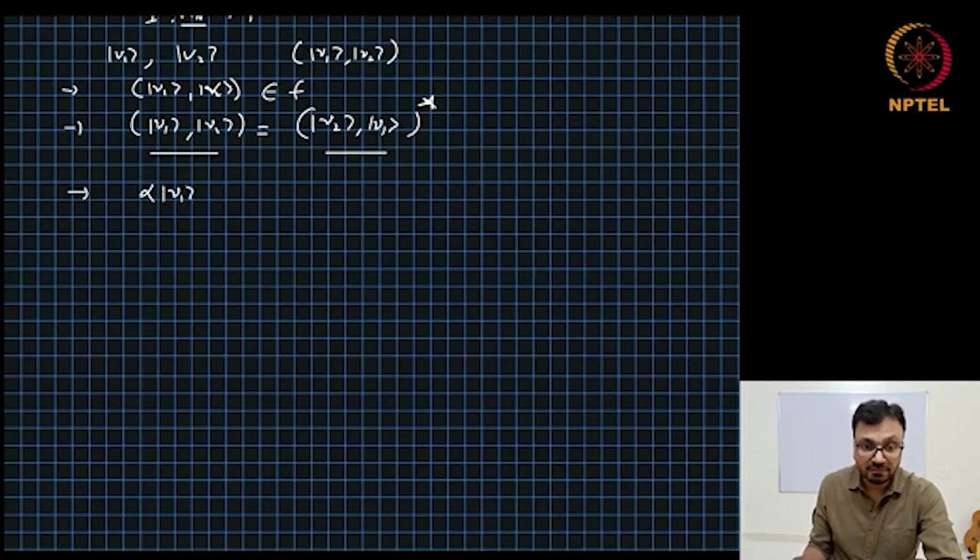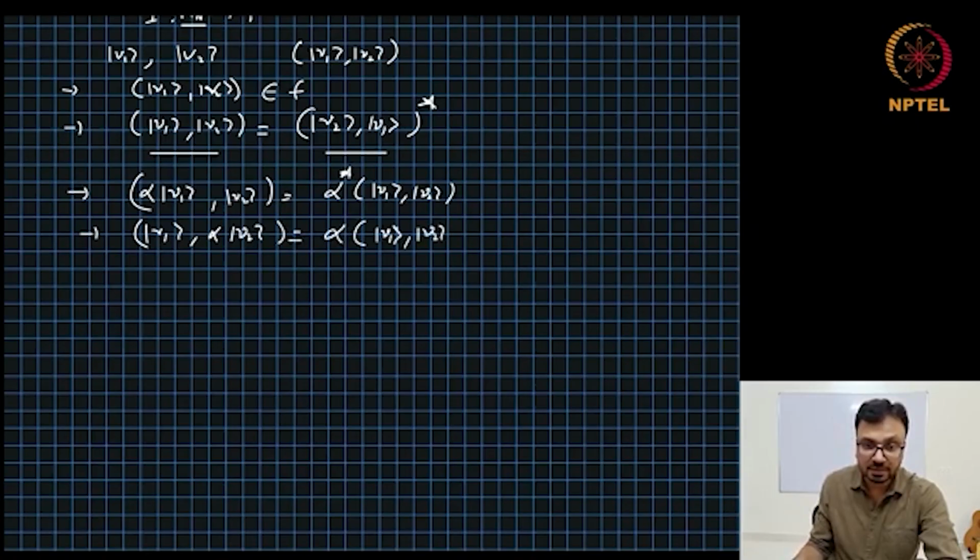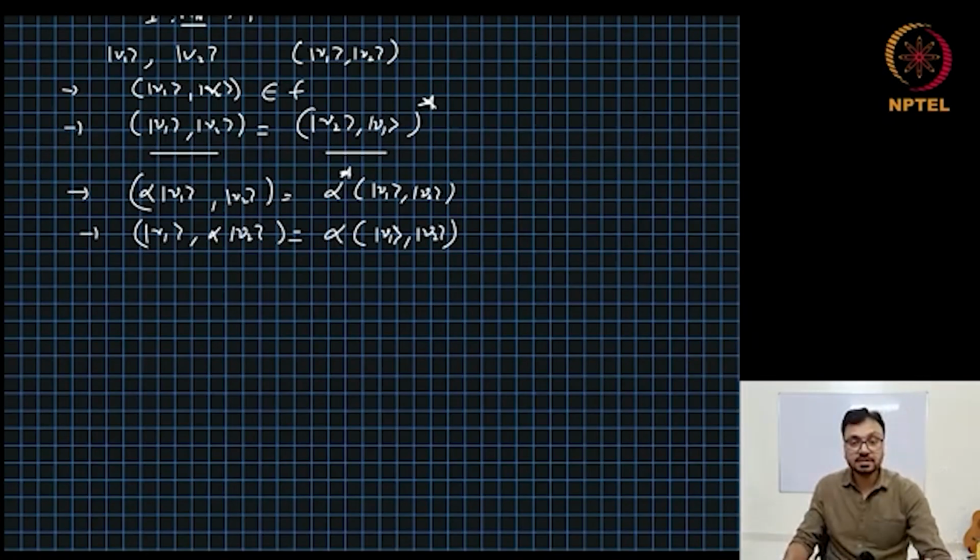Now if we have a scalar times the first vector V1 and V2 the second vector, then it will be alpha star V1 and V2, and if we have V1 alpha V2, then it will be alpha V1 and V2. It means the inner product is linear in the second argument and anti-linear in the first argument. Okay,